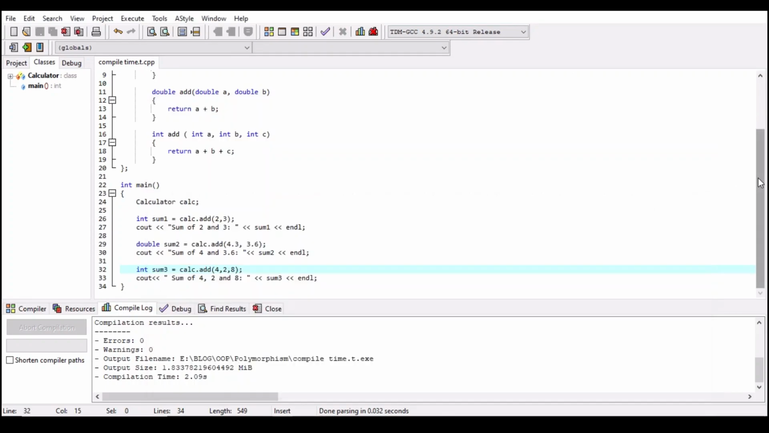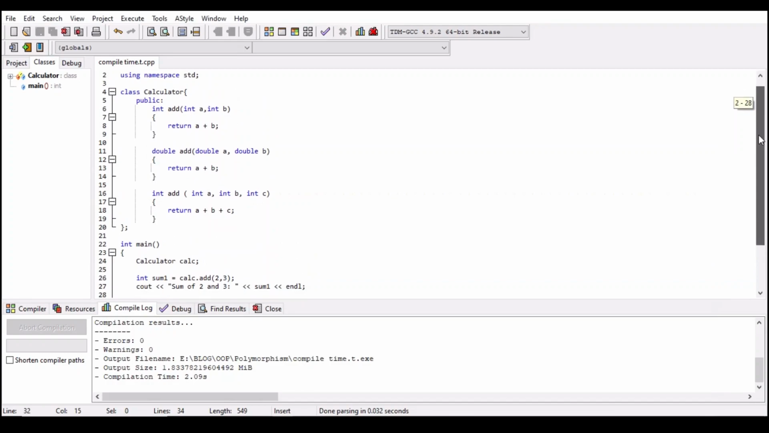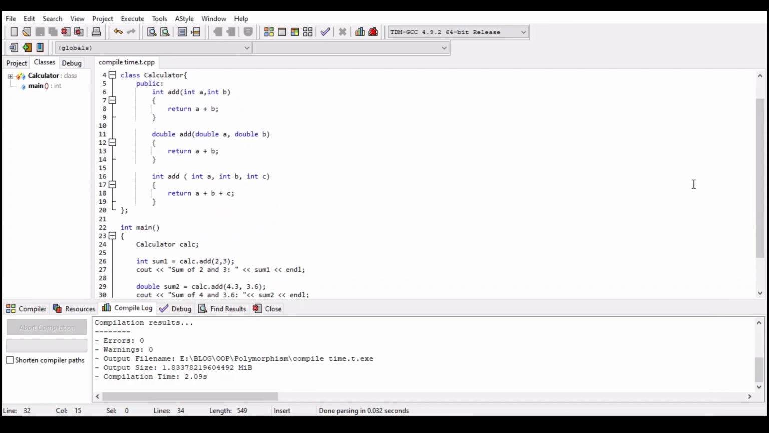In the above example, the Calculator class has multiple add methods with different parameter lists. The first add method accepts two integers, the second add method accepts two doubles, and the third add method accepts three integers. In the main function, we create an instance of the Calculator class and call the add methods with